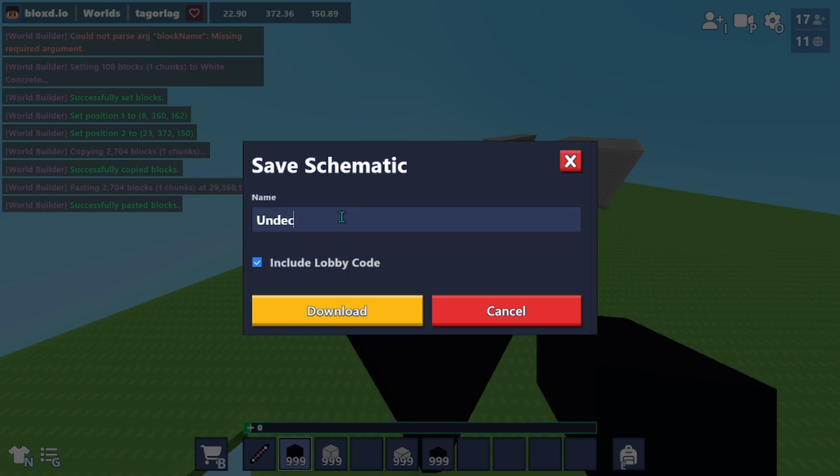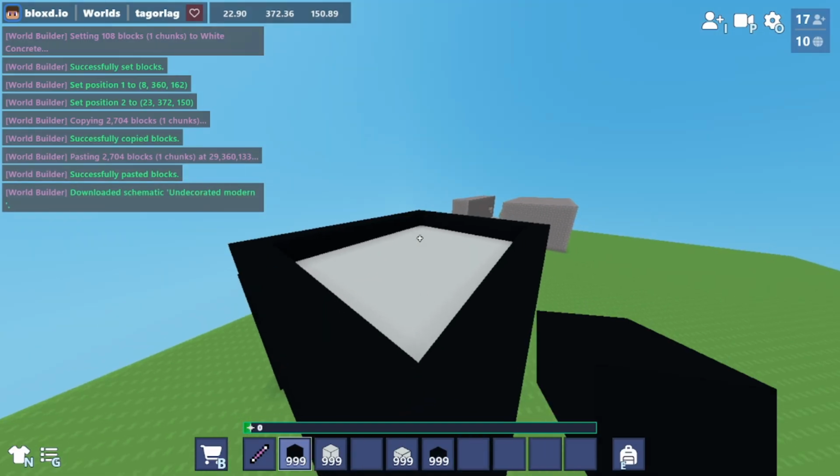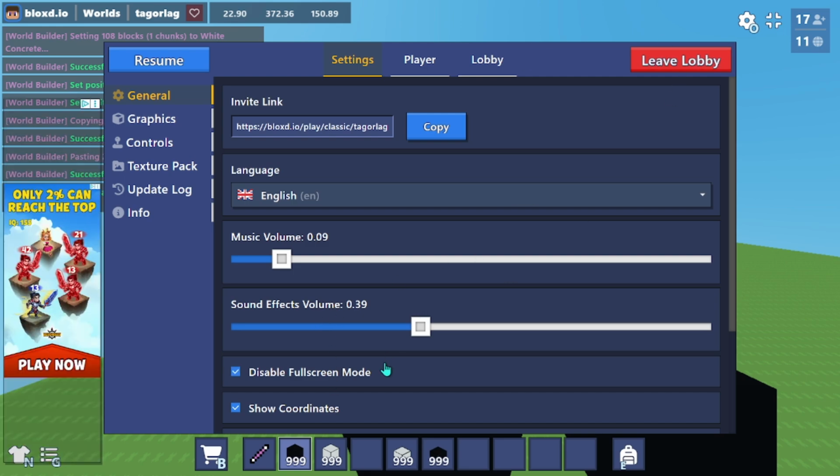decorated modern house. And I can't finish the word, so I'll just do that. And you can either have the lobby code or not. And if it's just a build, but you have code in the world, you'll probably just want to have this off. Then I can click download, and then you can see that I actually now have it downloaded,